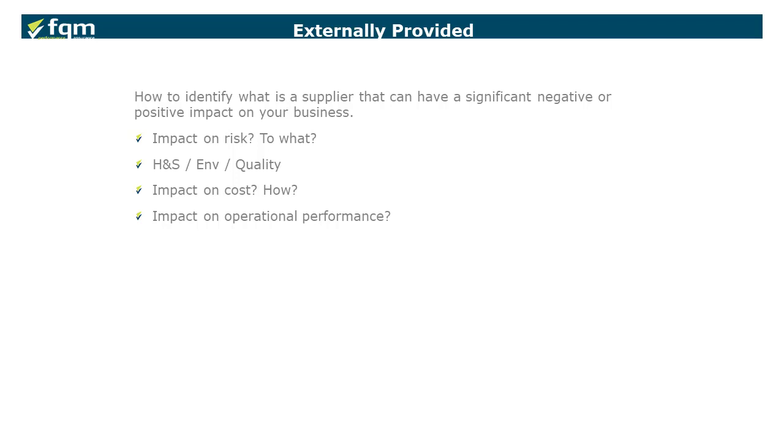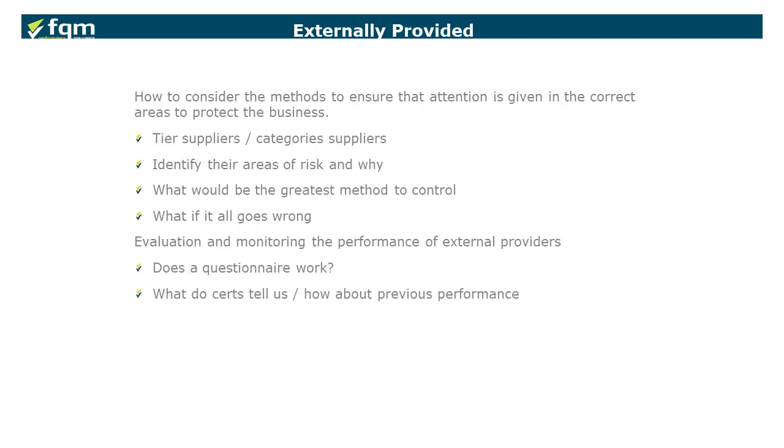What about operational performance? If the products they provide you are not to the standard you expect, what impact would that have on your performance? What about the services they provide? If the services they provide that you then have to go on the back of are not to a standard you expect, what impact could that have? Could it be you have to recall them back to the site to do the work again? So you've got to think about the impact on your business as a whole from the use of externally provided products and services. And what method you'll use to ensure that the correct attention is given in these areas to